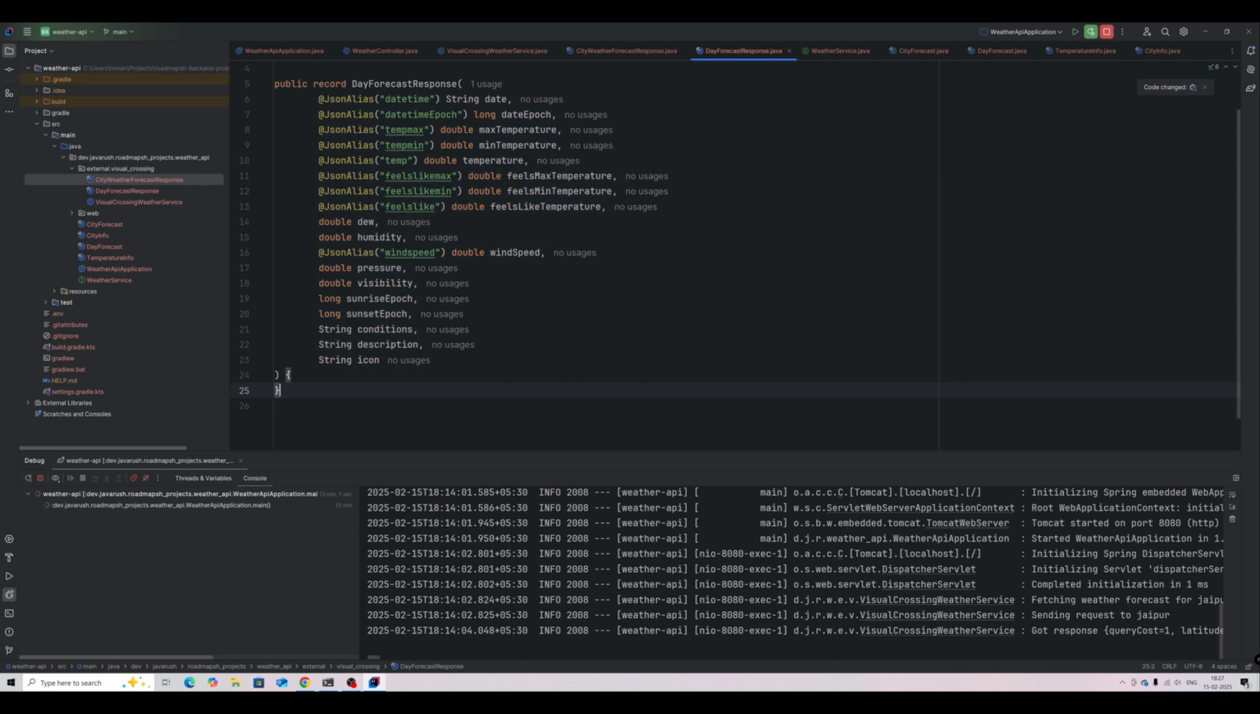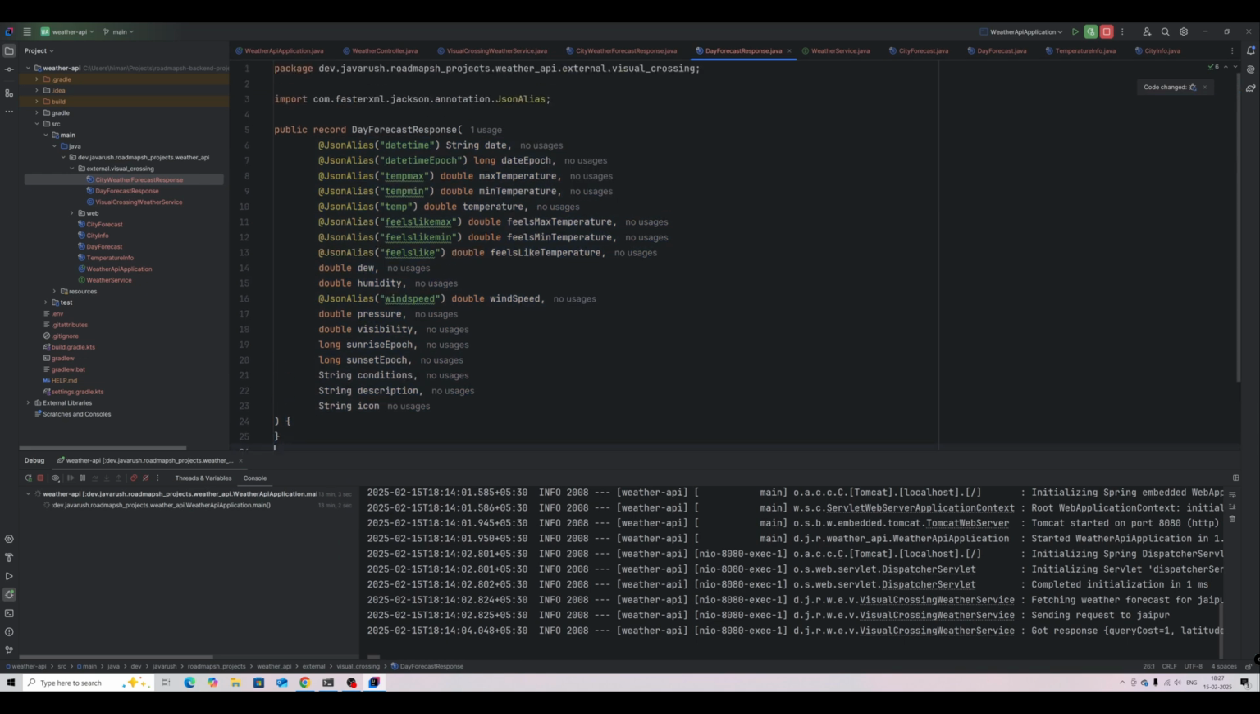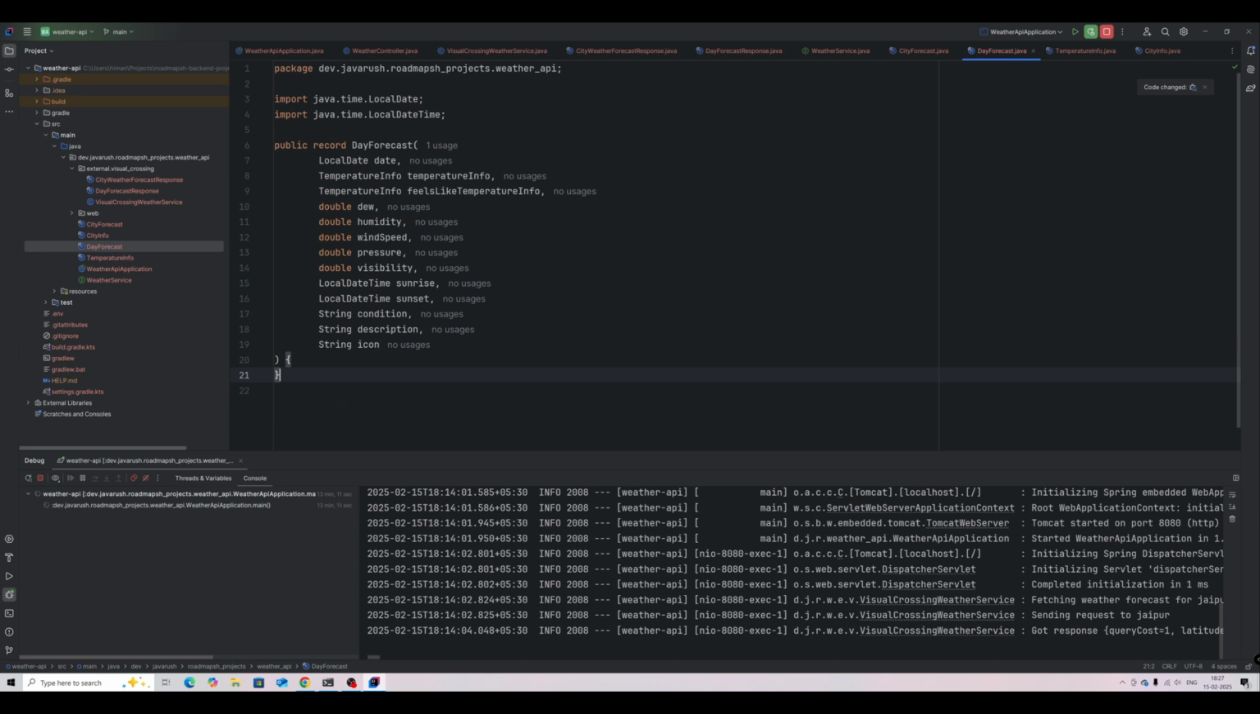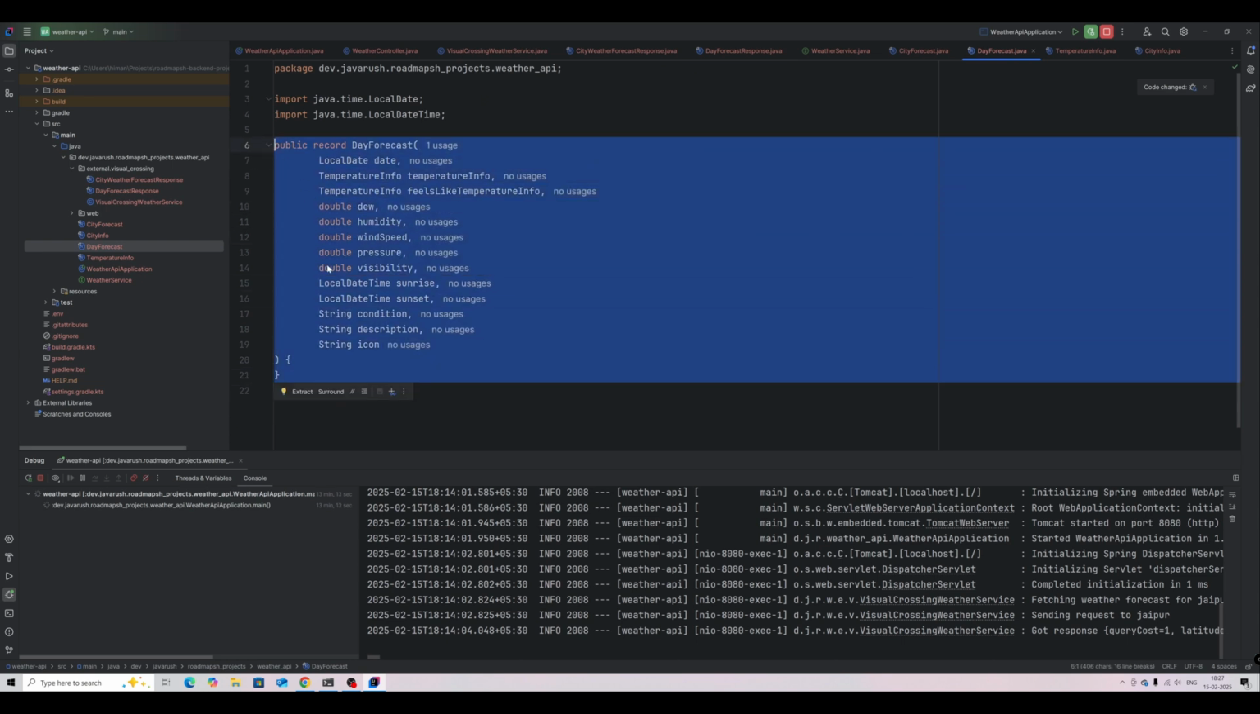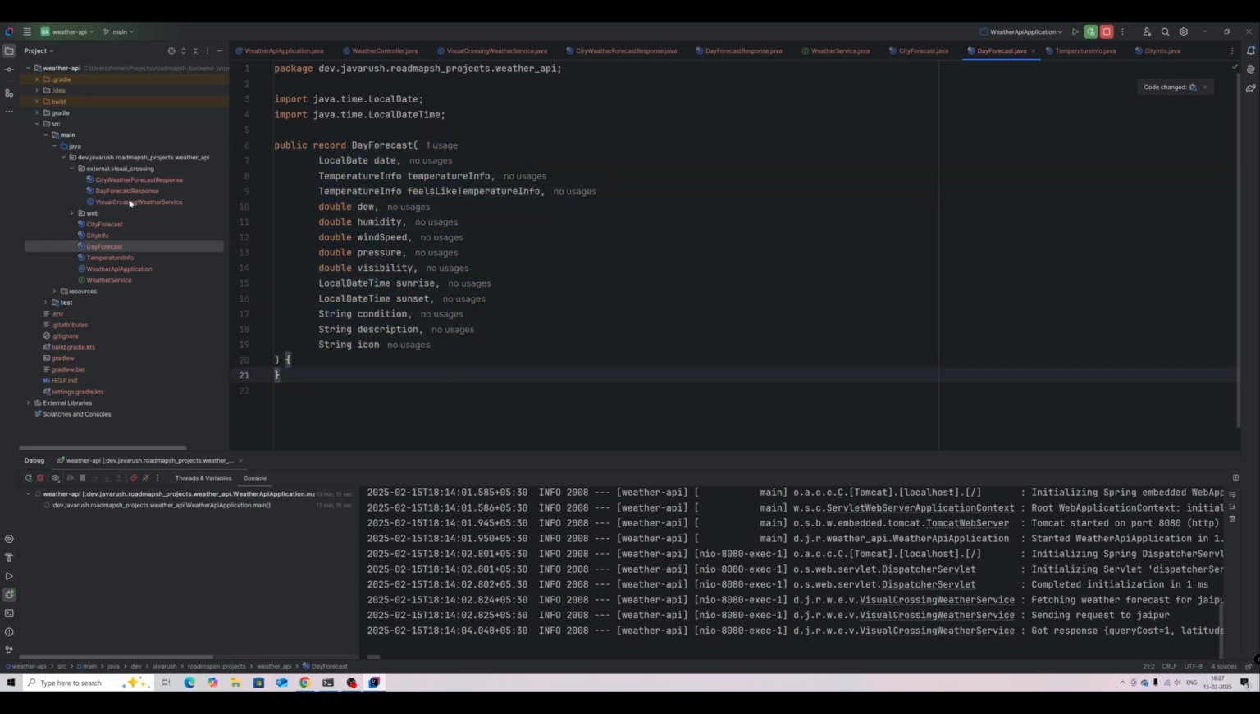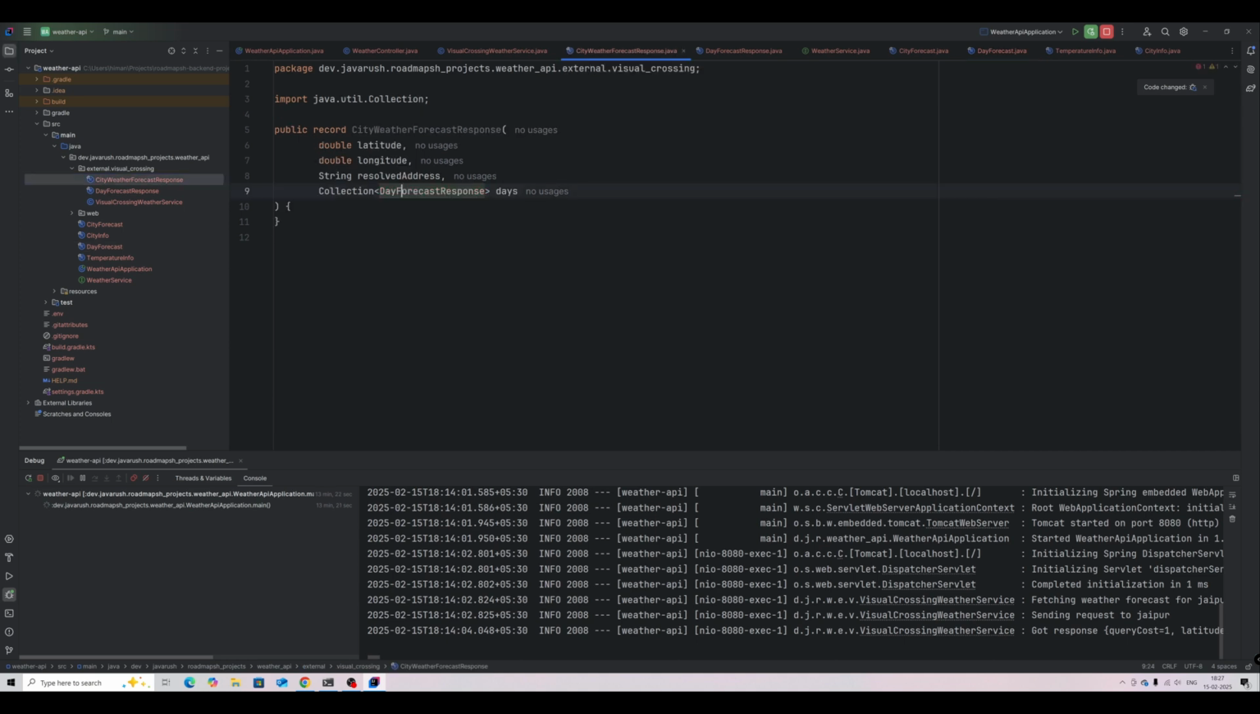This is what we will get from the Visual Crossing weather service, but this is what we want to return to the user of our application. So we will convert it to that. Let's go to CityWeatherForecastResponse, and here let's create a method which will return from city weather forecast